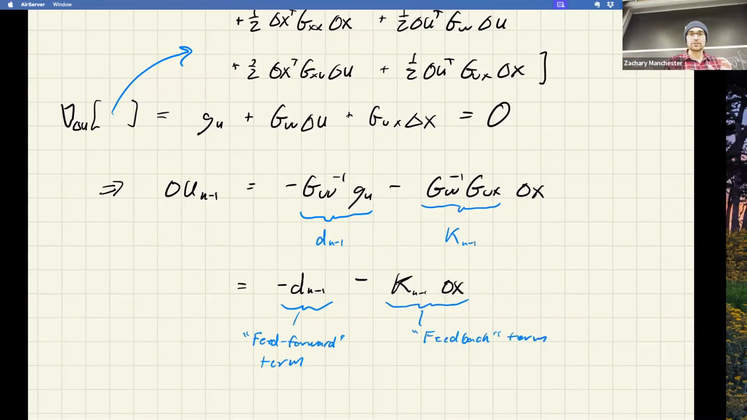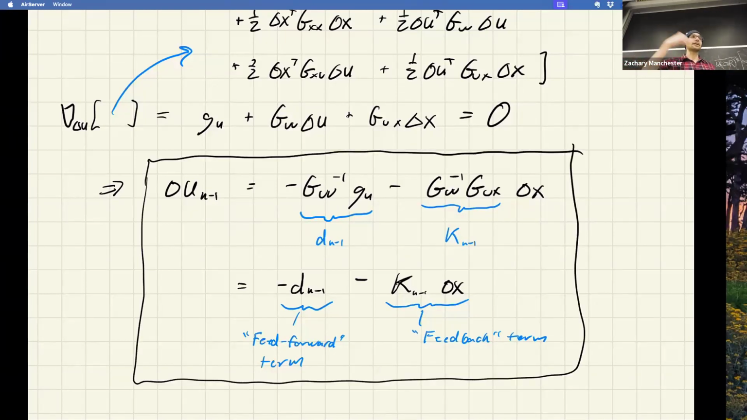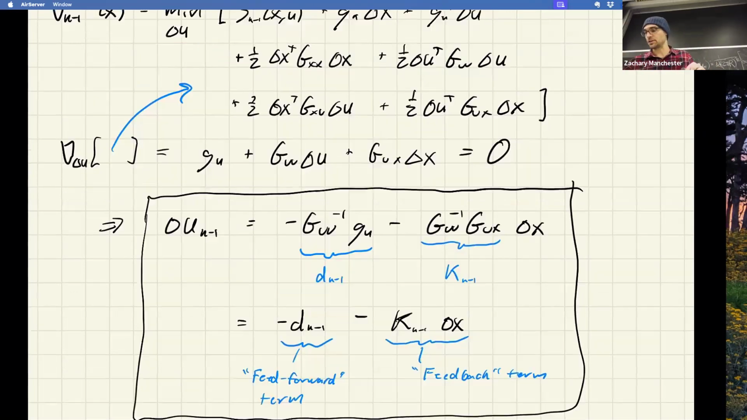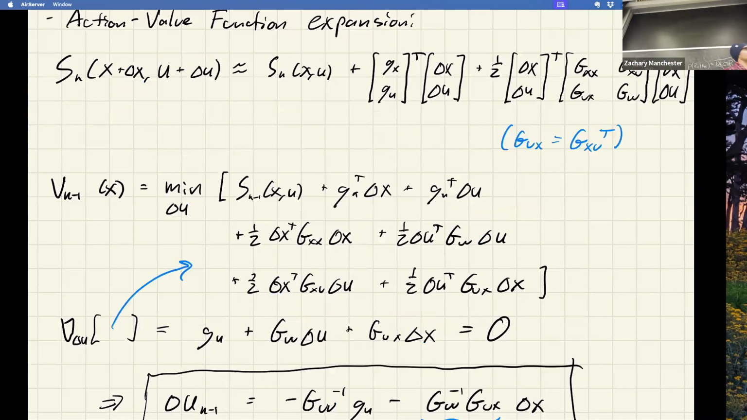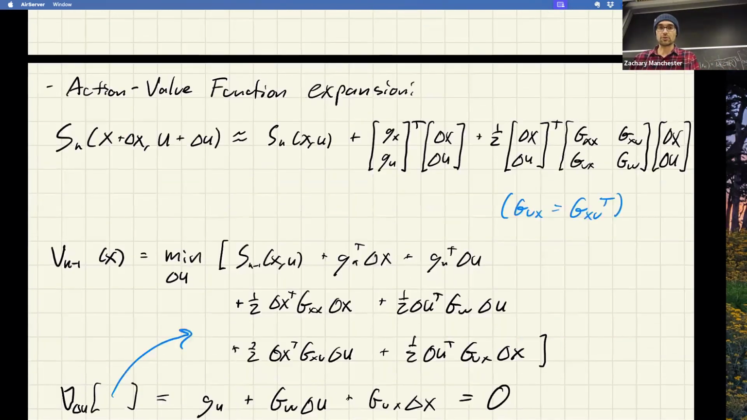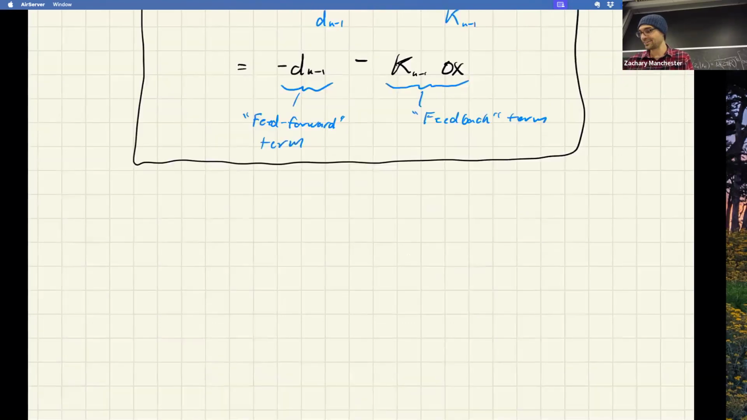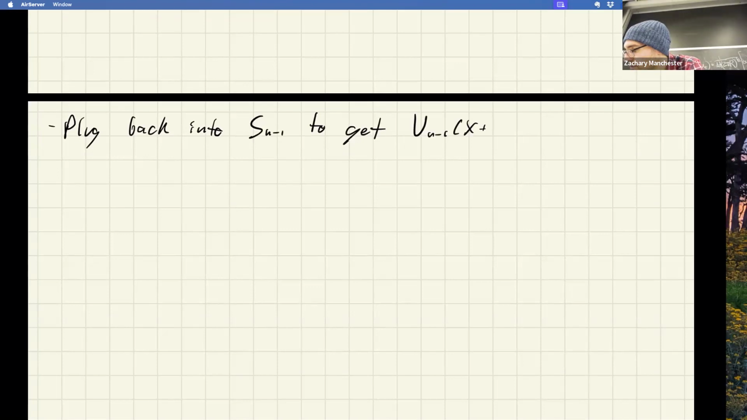Okay, so that's pretty good. So the next step is, like we did before, we've got delta U. Now we have to get the cost to go at the next time step. So we have to plug delta U back into our expression up here to actually get the V K minus 1. So we'll do that real quick. Hopefully quick. S K minus 1 to get V K minus 1 of X plus delta X. That's what we're after, right? So if I go and do that,